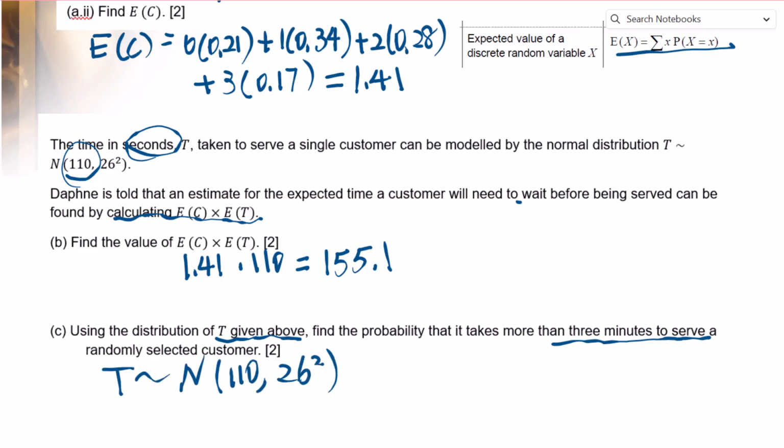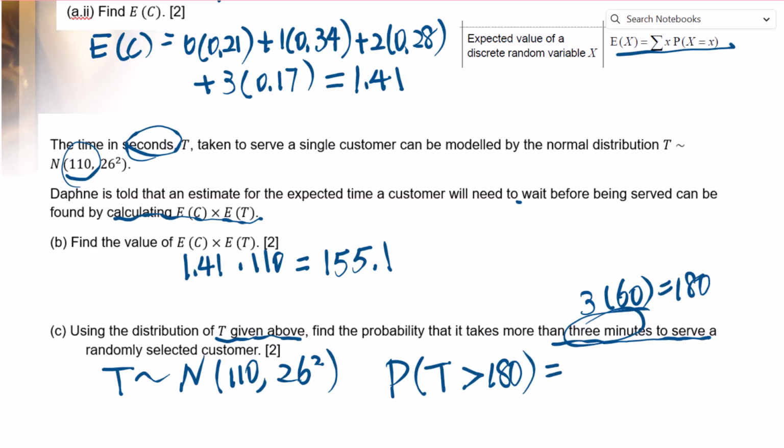Since T follows a normal distribution with a mean of 110 and a standard deviation of 26, we are looking for the probability of T greater than 3 minutes, which means 180 seconds,